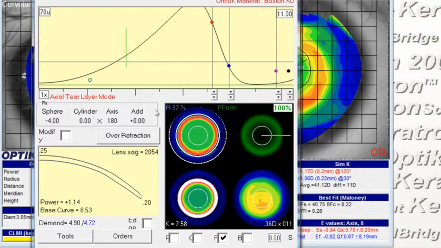I would double check the powers though. I noticed that if we go to a few different meridians, we have some variability in the power of the lens. And that can contribute to also some hazy vision if the patient's undercorrected. So I would bump everything up to maybe 1.25. So in 25% mode,